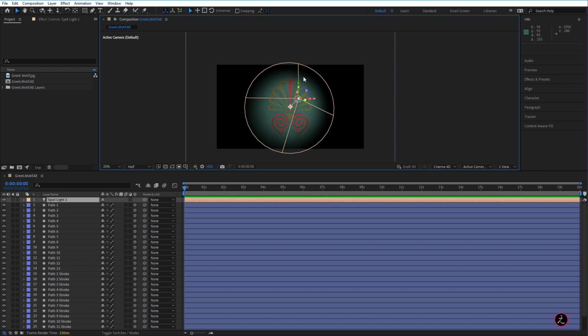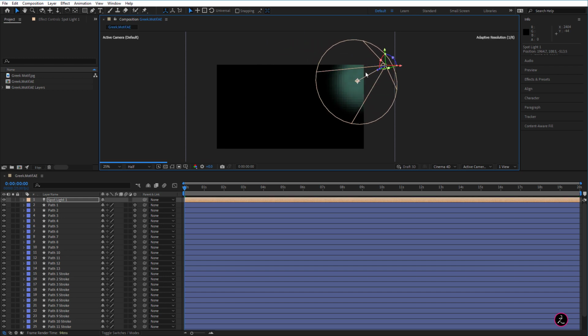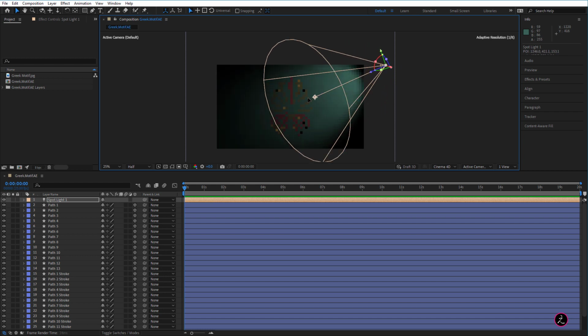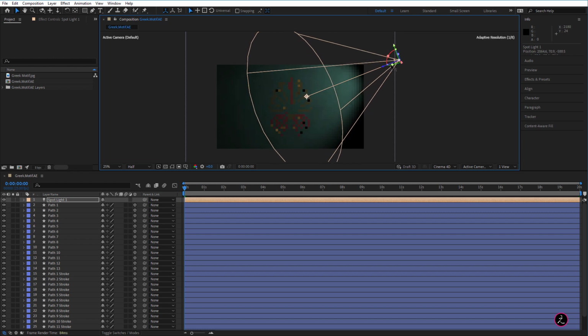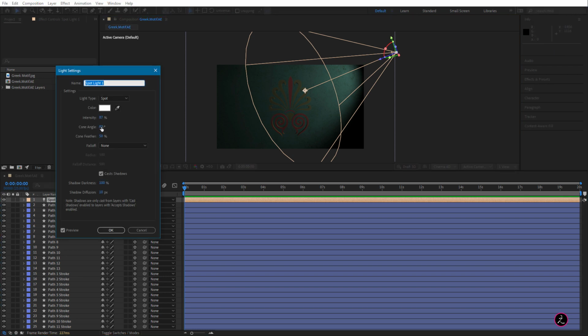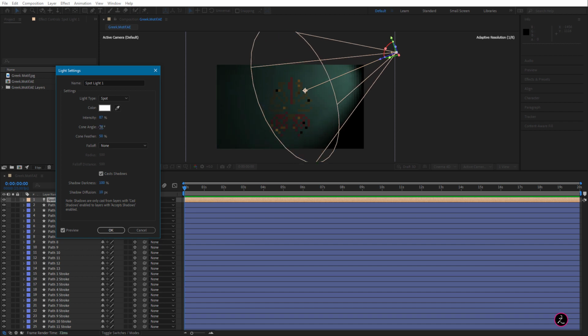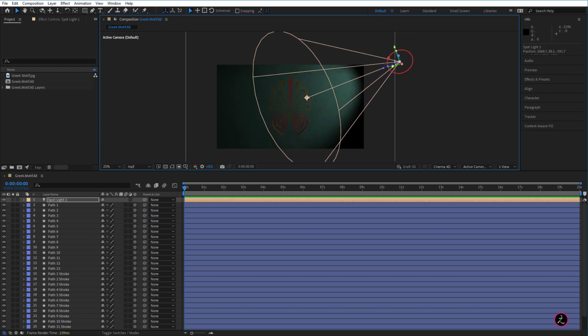So I want this spotlight to come from this top right corner. So I'm going to bring this up on the y-axis, on the x, and then take this point of interest and point it right on top of these shape layers, and then just push this on the z and perhaps on the y. Now let's look at this cone angle here. If I double click again, here's the cone angle. See the degrees, so you can play around with that depending on your liking. I'm just going to bring this down a bit as well. So far so good. Again, none of this is final, but it's a good beginning.